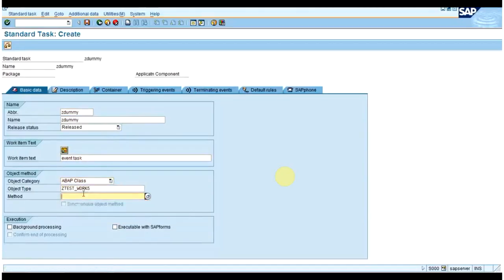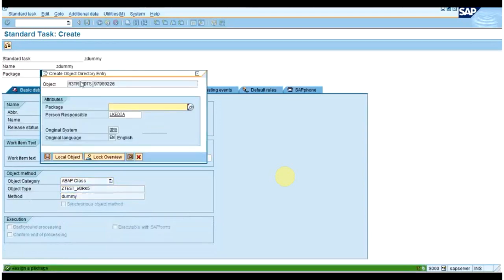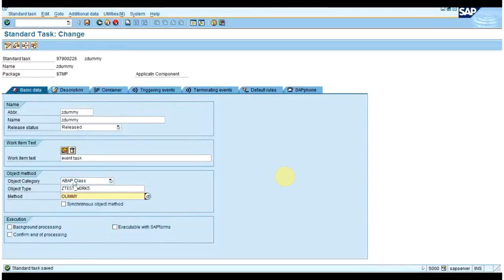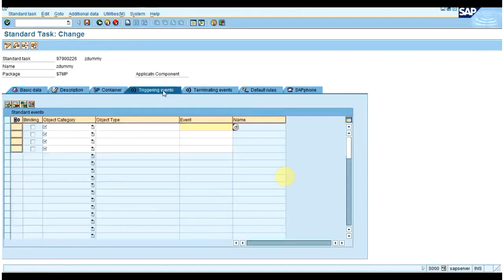We have one dummy method present here. Nothing is written in the dummy method, we just need the work item. Therefore we have created this activity step, and for the activity step to be created we need to define the method. Therefore we have a dummy method in that. Now here you can see we have the triggering event tab. Here you will have to